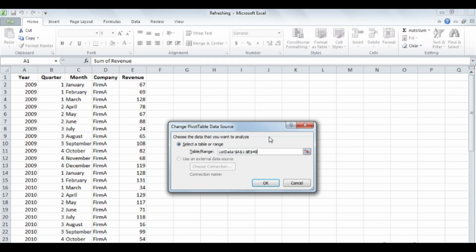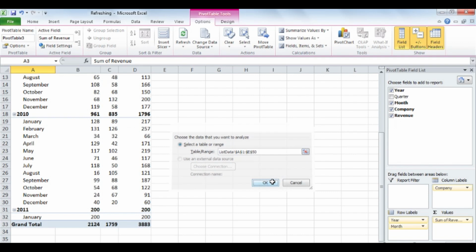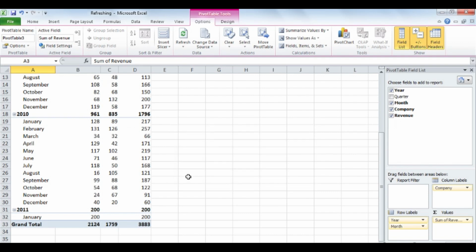I added another row, and that increments a number. So now, instead of having the table or range end on cell E49, it actually ends on cell E50. So I'll backspace over the 49, type in 50, click OK, and now you see that the pivot table updates to reflect the new definition. Whenever I view a pivot table, I always click the Refresh button to include any updates